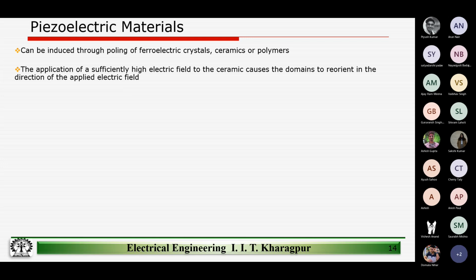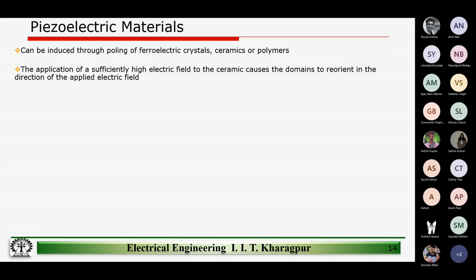So that's where this talk on crystals, ceramics, and polymers. Polymers have very interesting characteristics. For example, if you were to go on to do your PhD on medical electronics, for sure you will be encountering polymers there. And polymers have very interesting properties, and most important is that polymers are biocompatible. So many of these medical devices which we implant inside the human body are developed using polymers, right? We are not going to get into the details, but that's the reason why I've mentioned some of these words here. Again, nothing to sweat or mug up, but just to be aware